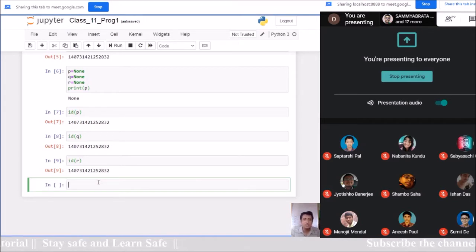Electronic memory means the presence of voltage, right? Then we need to handle all these things with software, with our coding, right? Now the thing is what?